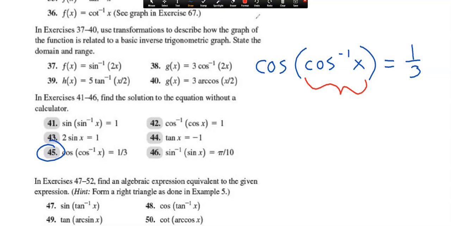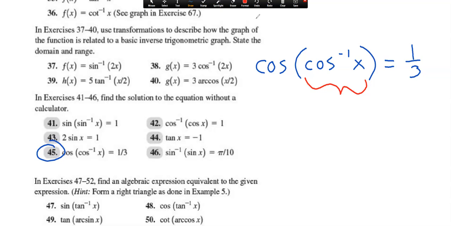I can't say as I really like this question without a calculator, but